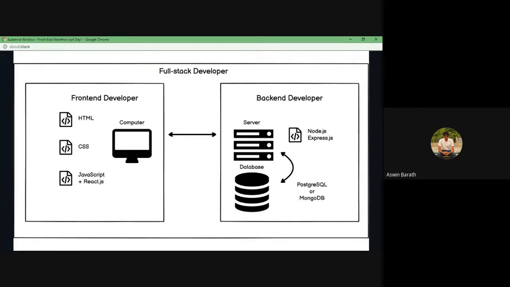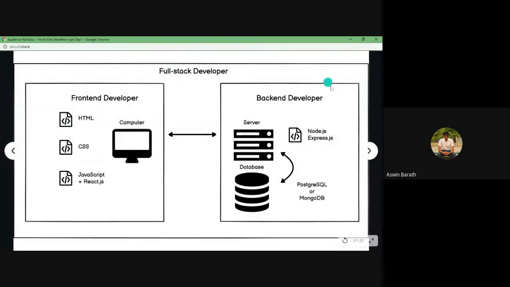Okay. And there are frameworks in JavaScript so that we can reduce the amount of work the web developer has to do. And in our marathon series, we'll explore more about frameworks, HTML, CSS, and JavaScript as well. So don't worry about that.